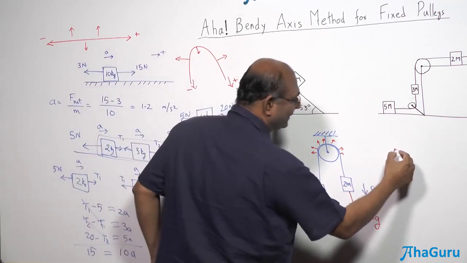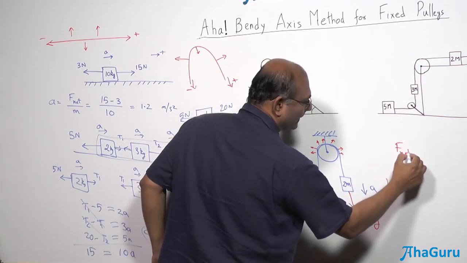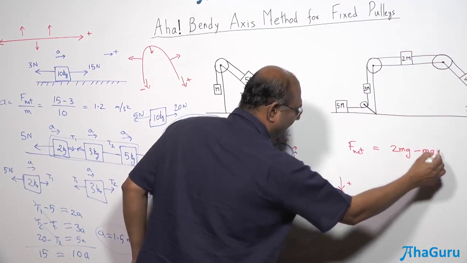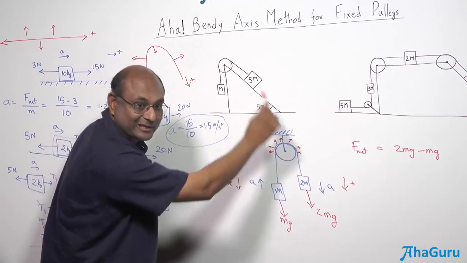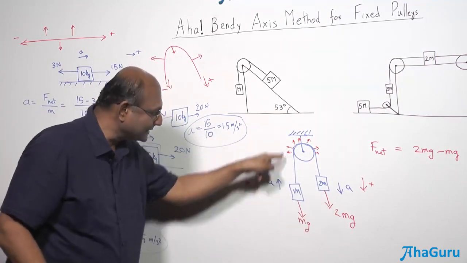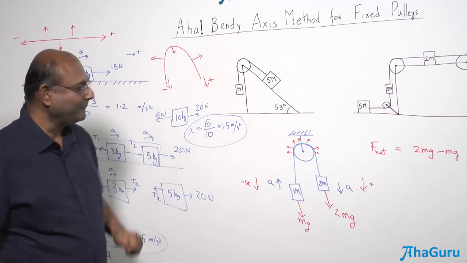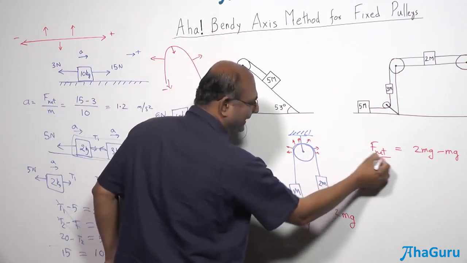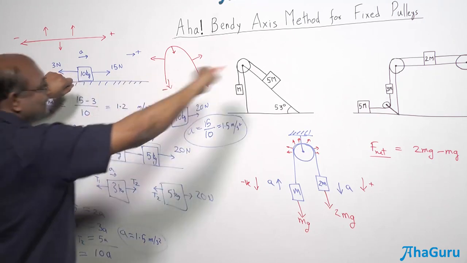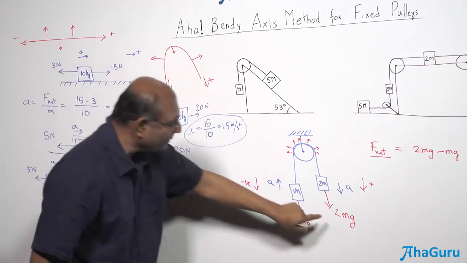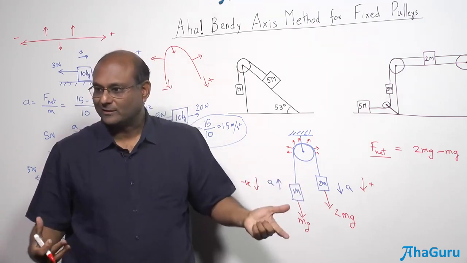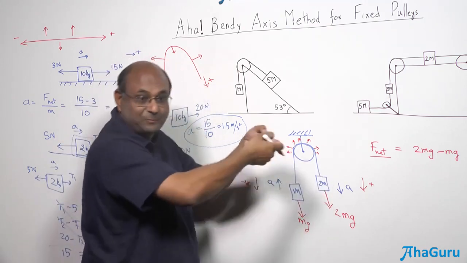So I am going to write net force is 2mg minus mg in this direction, in the positive direction, which means I must have one positive direction. This basically becomes the negative direction. Okay, so this divided by the total mass. Now remember, once I straighten it out, this force and that force, it is not like 2mg minus mg is pulling 2m. 2mg minus mg is pulling what? 3m, because it's pulling everybody together.